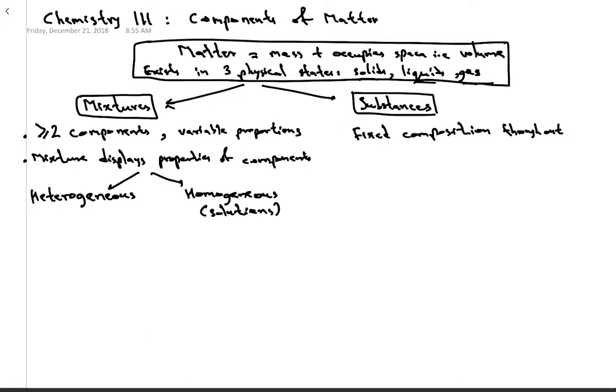The two components of the mixture mix throughout, and you're not able to visually see those two components separately, and they will have the same composition throughout, similar to a substance. So in a homogeneous mixture or a solution, there are no visible parts, and it has the same composition